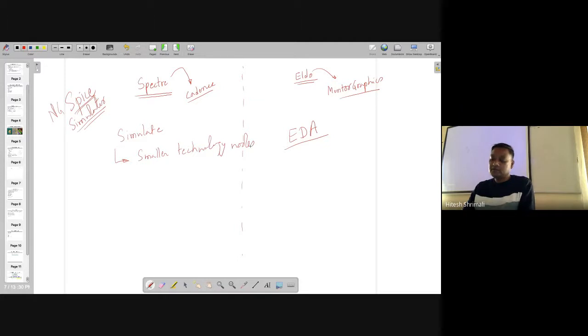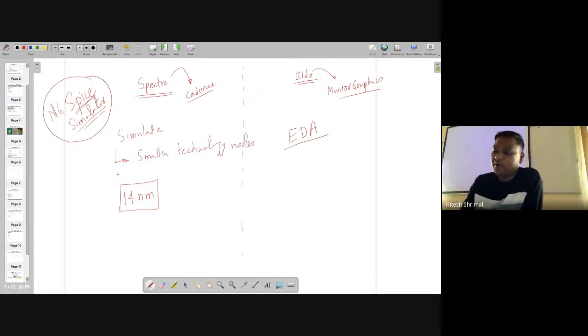Right now, people are making circuits at around 14 nanometer. Some people are even making smaller than 14 nanometer. 7 nanometer is also going on in companies like Intel. Intel is also a design company. So for such smaller technology nodes, you can't do it in the ngspice simulator, or you can do it, but you need models.